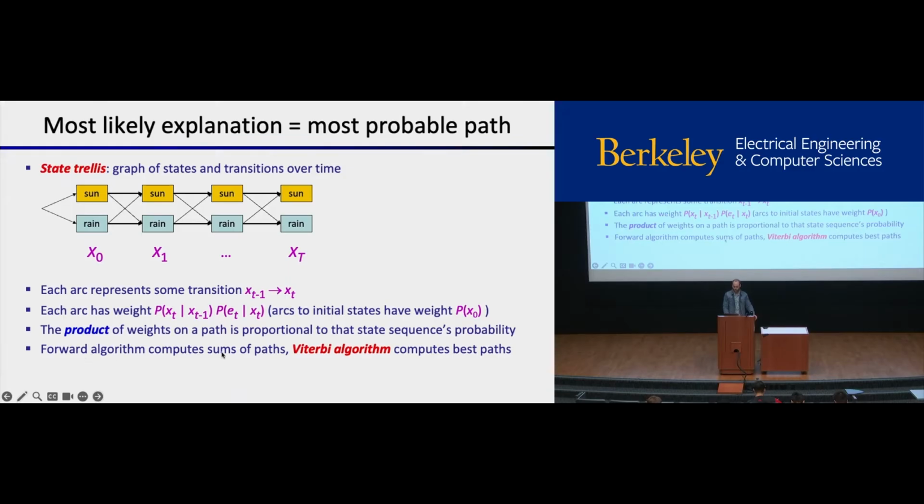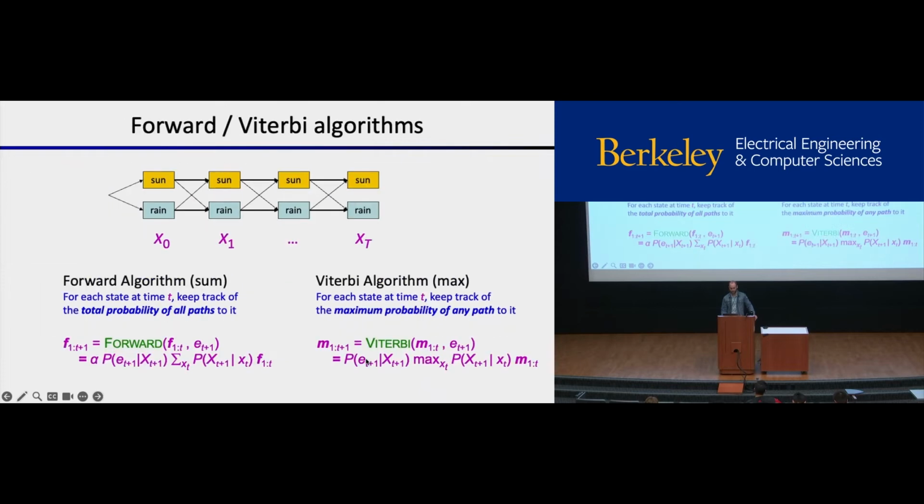So the forward algorithm computes sums of these paths. Forget what I said about the logarithms. This is the sum of the paths that are products of probabilities. And the Viterbi algorithm, which I'm going to talk to you about now, just finds the best path. So the forward algorithm is kind of looking at all the possible ways you could have got to a certain state to give you its ultimate probability. But for this algorithm, we're just interested in the best path. So whereas the forward algorithm has a sum here, the Viterbi algorithm has a max there. And that's the only difference.